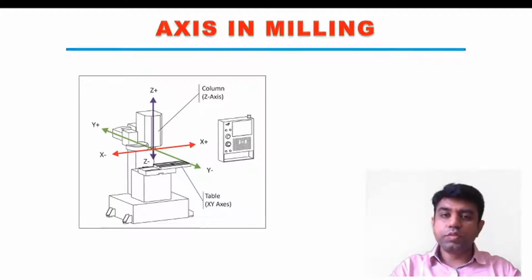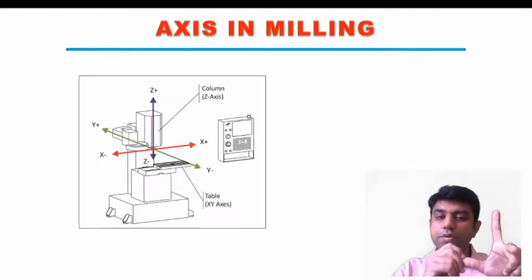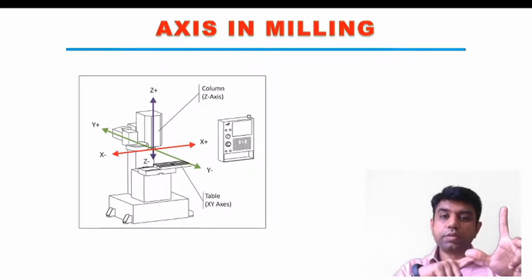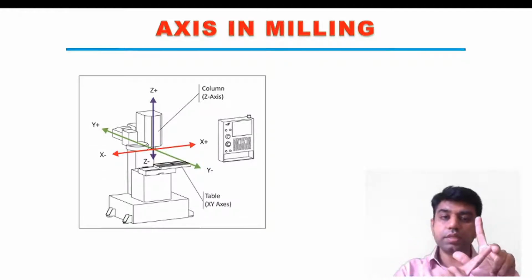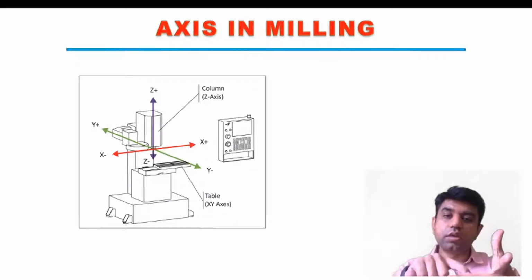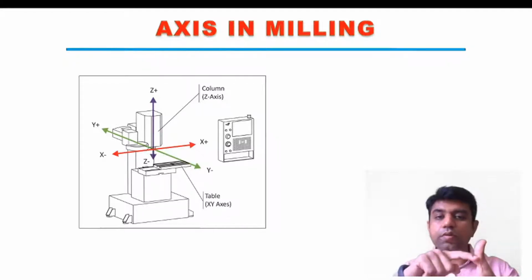The basic fundamentals will remain common in the case of lathe as well as milling machine. We had already understood that we can find out the axes with the help of the right-hand thumb rule. With the help of the right-hand thumb rule, we designate the different axes to the different fingers. For example, the thumb is indicating Z axis, the index finger is indicating Y axis, and the middle finger is indicating X axis. Then we need to point the Z axis towards the spindle direction. If we shift the Z axis towards the spindle direction, then we can find out the axis direction of X and Y. So naturally the X and Y path will get cleared when we look at the Z axis.